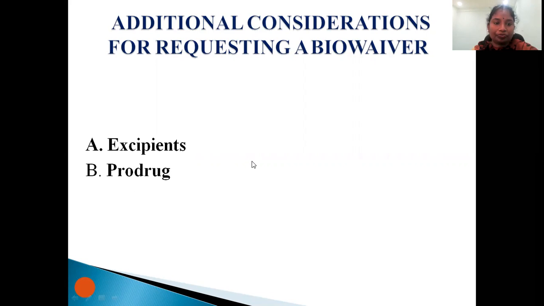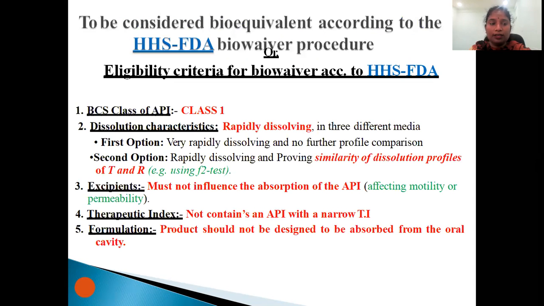Next one is the prodrugs. For prodrugs, the conversion site of the prodrug to the drug must be considered. If it occurs before the intestinal absorption, then the permeability study of the drug must be done. Otherwise, the permeability study of the prodrug must be done. So these are the considerations. The next one is the biowaiver procedures. According to the biowaiver procedures,